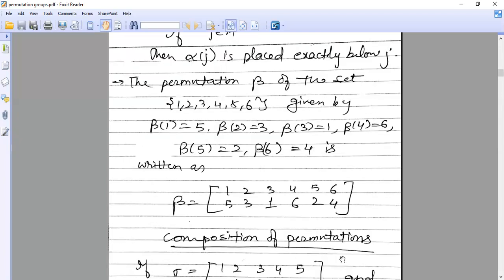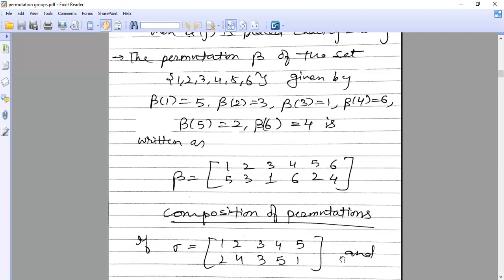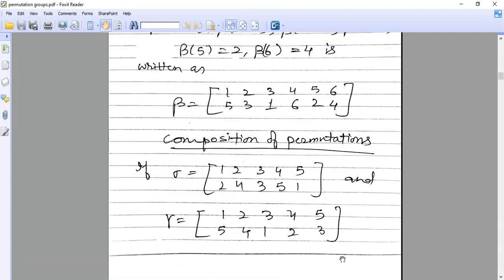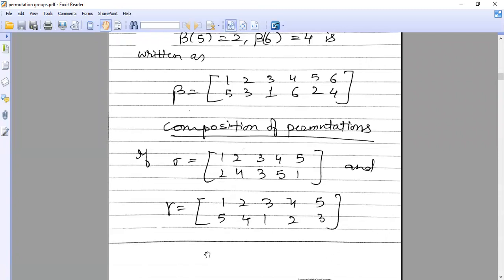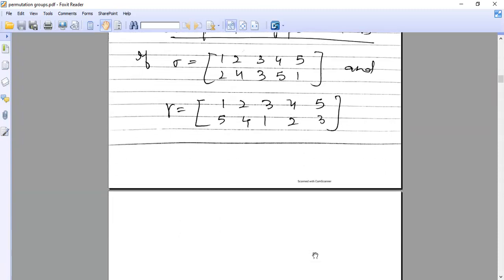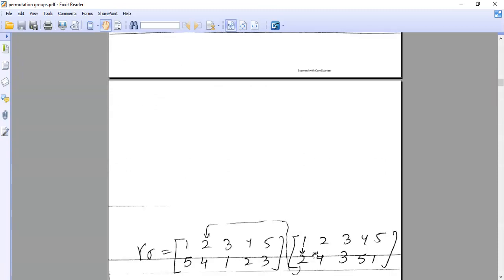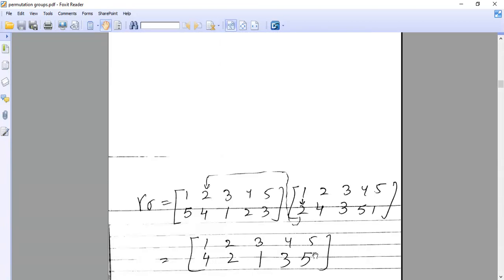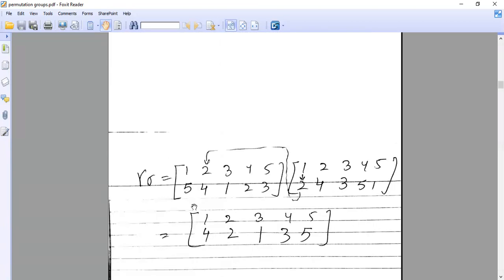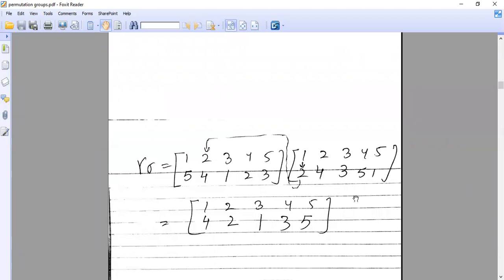Now you know how to write a permutation. Now you should know how to compose two permutations. So you have a set A with 5 elements, 1, 2, 3, 4, 5, and you have two permutations defined on that set, sigma and gamma. So this is your sigma and this is your gamma. Now we have to compose the two permutations. Two permutations are composed as functions, you know. So we are finding gamma sigma. You just write both the permutations gamma and sigma, and then we are composing them as functions. So these are composed from right to left.